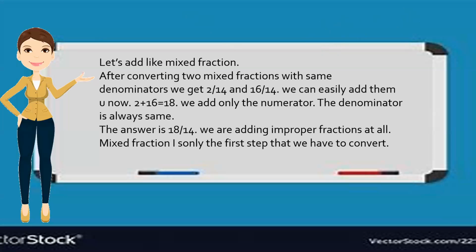We are adding proper and improper fractions. This is the same step. If you want, you can convert the improper one into a mixed fraction, but not the proper one. The rule is the same in both. For mixed fractions, the only extra step is the first one, the conversion. The rest is all normal, as we do with proper and improper fractions.